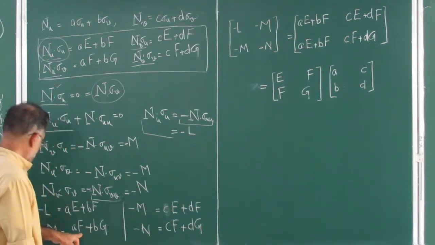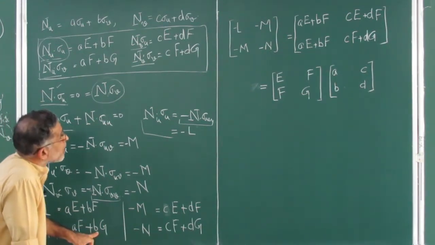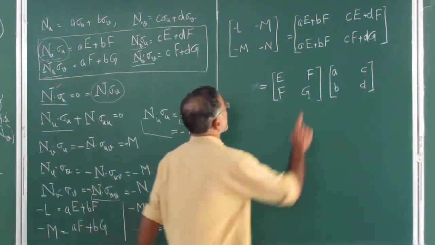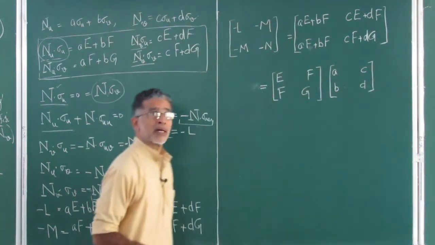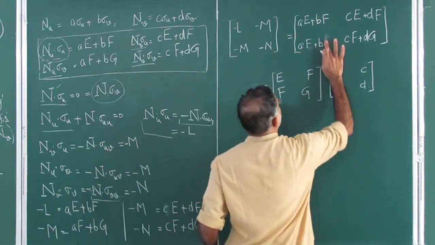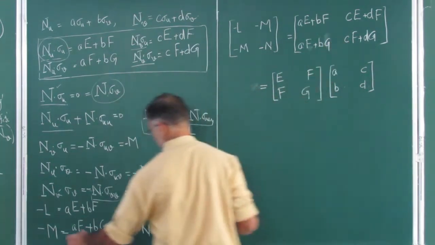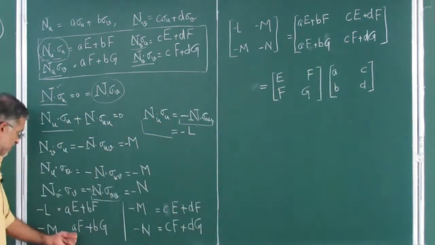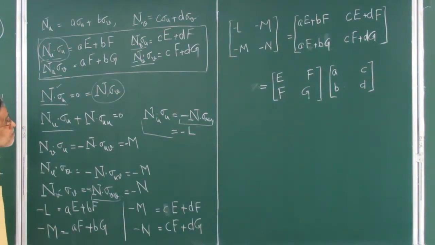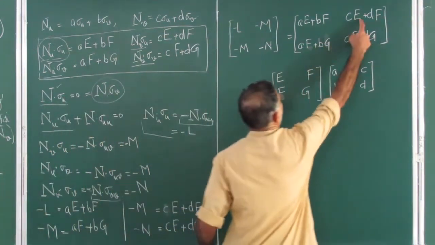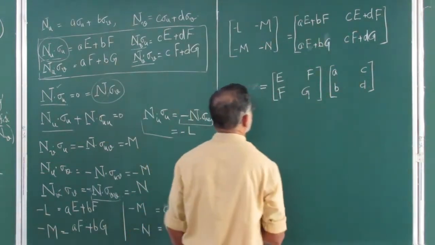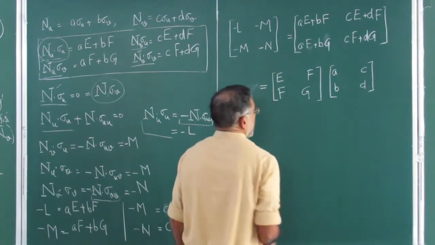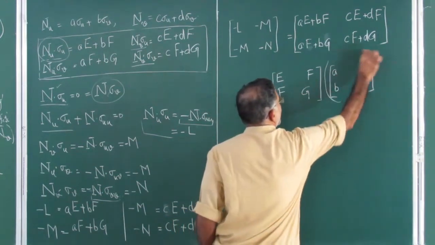AE plus, it should be AF plus BG, I suppose. That's right, AF plus BG. But that's what you get, AF plus BG, that's right. It's already here, I made an error. That m is AF plus BG. I mean, these two you have to be careful. If you interchange, then you're going to get into problem. But luckily I have written it correctly. We are through. Now we can write this.